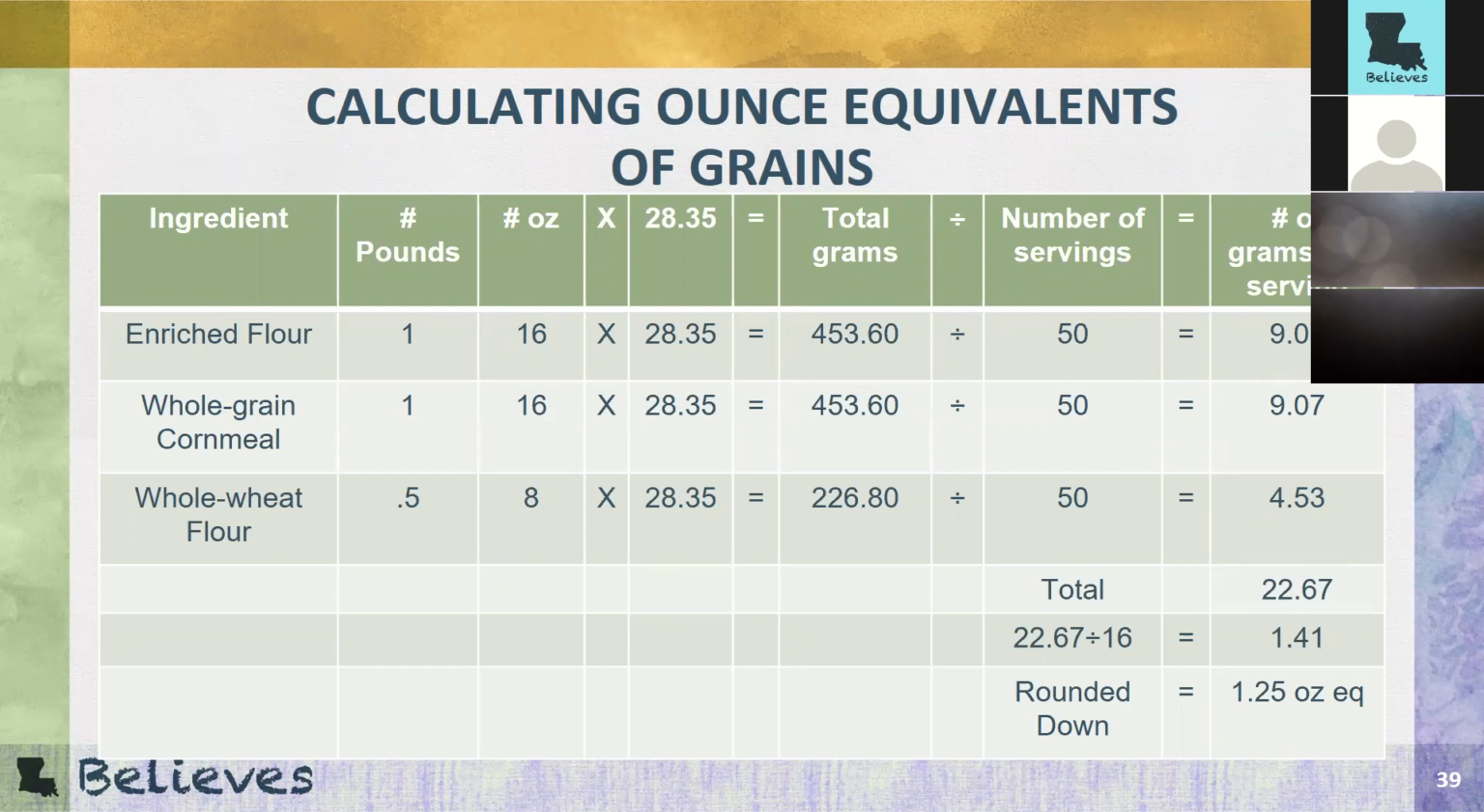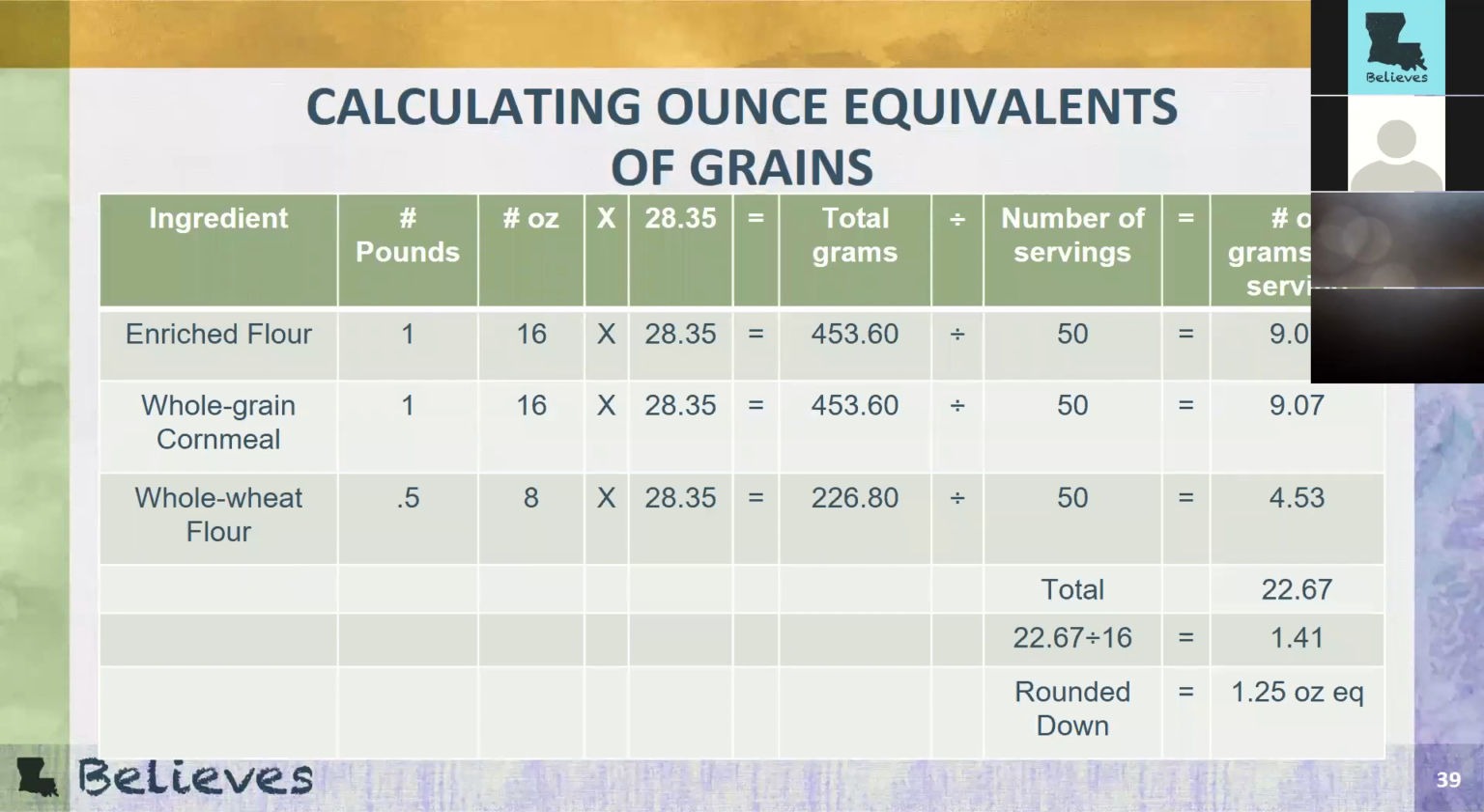So the total grams of enriched flour is 453.60. We'll divide by the number of servings in the recipe, and the result is the number of grams of enriched flour in each serving. That is equal to 9.07. I'm going to do the same thing with whole grain cornmeal and whole wheat flour to determine the number of grams of each of those grains in the product. And so the total is